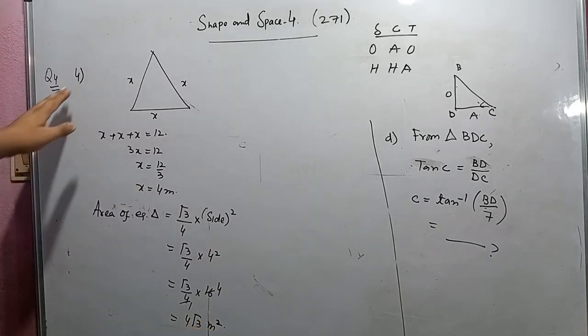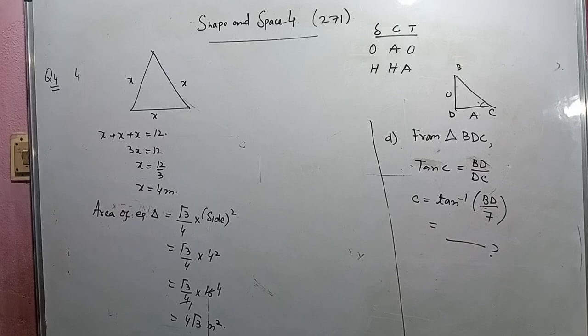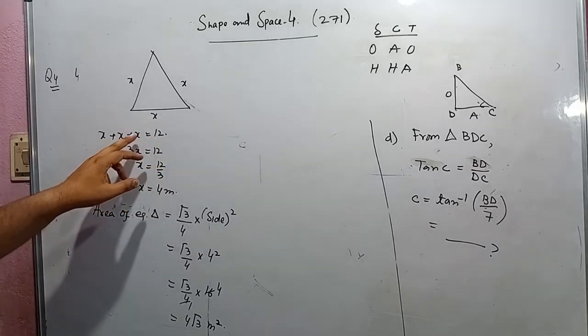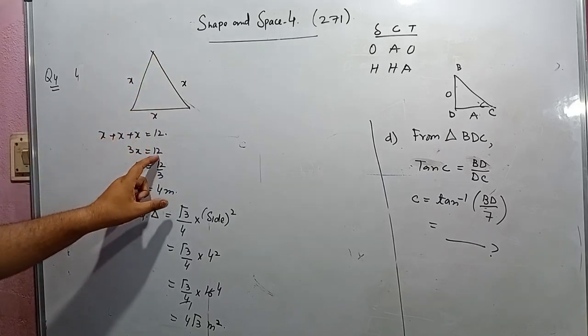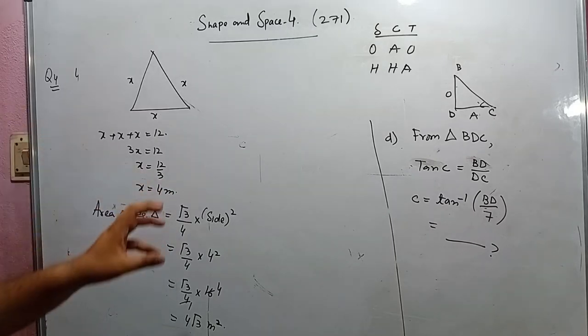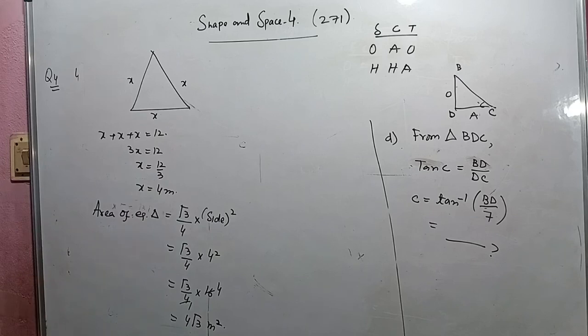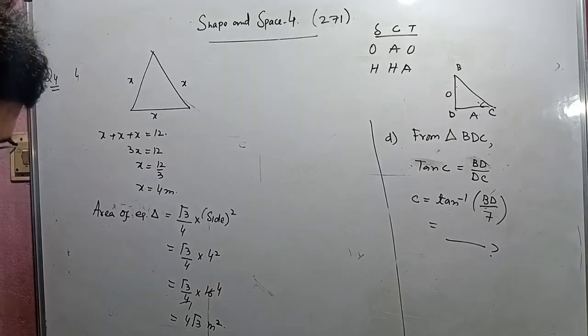This is the question number 4. Find the area of an equilateral triangle of perimeter 12. That's why we are adding x plus x plus x. All the sides of an equilateral triangle are equal. x plus x plus x, that's 3x is equal to 12. So one side will be 4. So area of an equilateral triangle, there is a perfect particular formula, root 3 by 4 a square, or root 3 by 4 side square. So what we are putting, side is 4, 4 square. Then we are doing the calculation, simplification, we are getting the answer. So this was about exercise 1 star. The remaining questions are very easy. Only you have to use these sine, cos, tan,